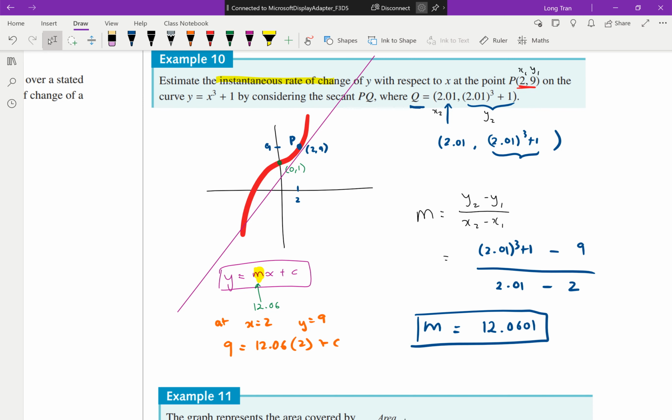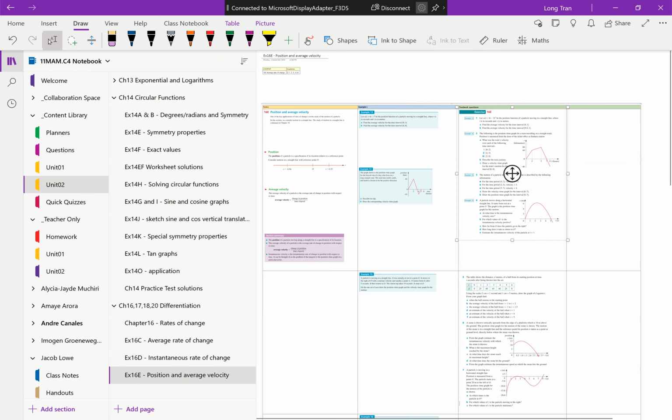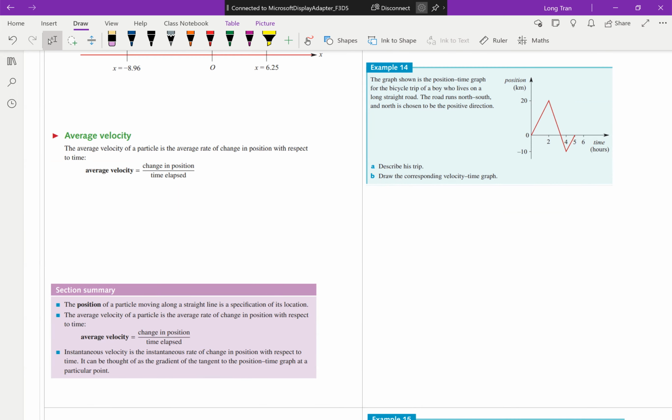So I'm going to leave it there. That's essentially the nutshell of what this exercise is. In the next one, for those who do physics, you may enjoy having a look at 16E, where it talks about velocity, the difference between position